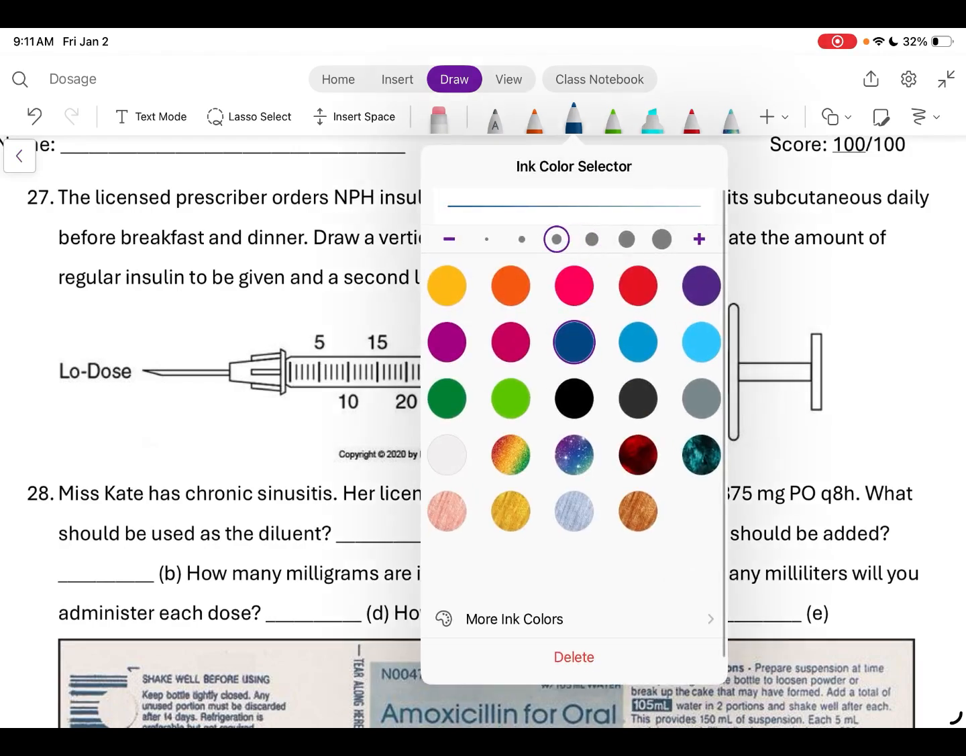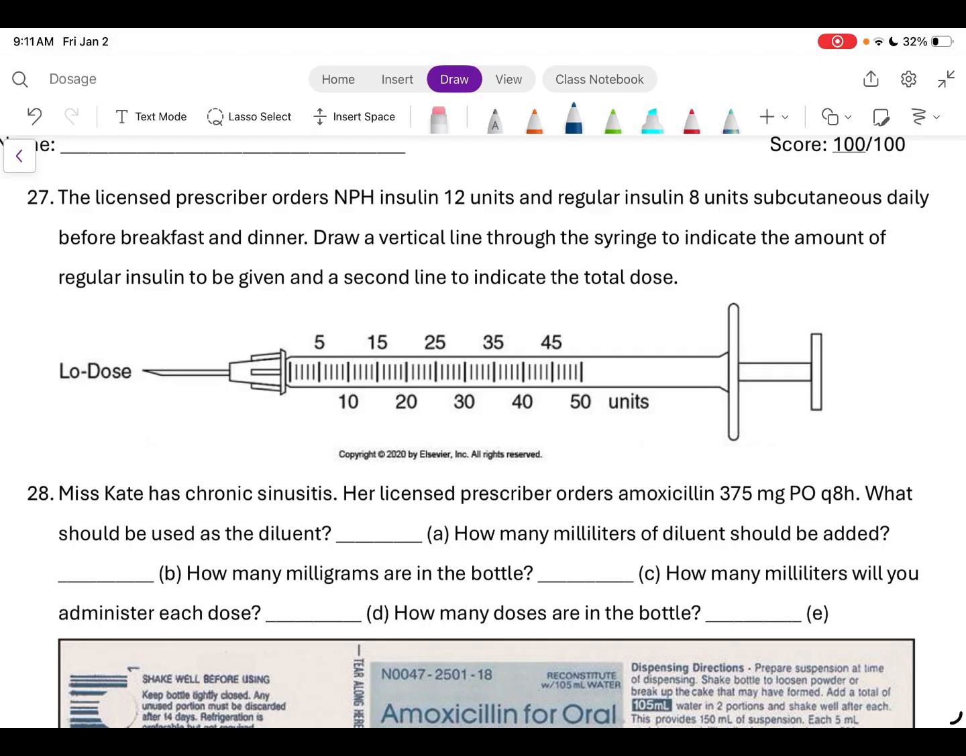Let's see. Licensed prescriber orders NPH 12 units and regular 8 units. Draw a vertical line through the syringe to indicate the amount of regular insulin. So that was 8, right? 8. And 8 is right here. Okay. And then